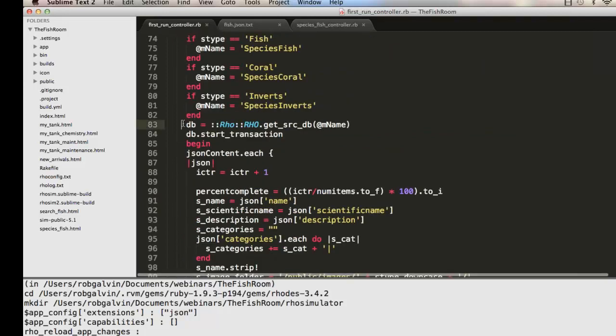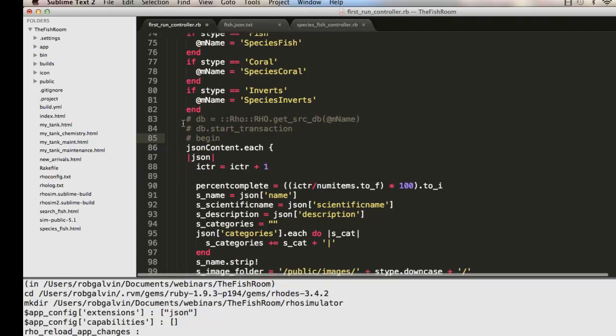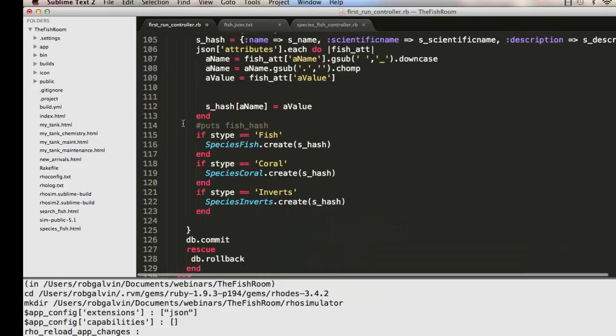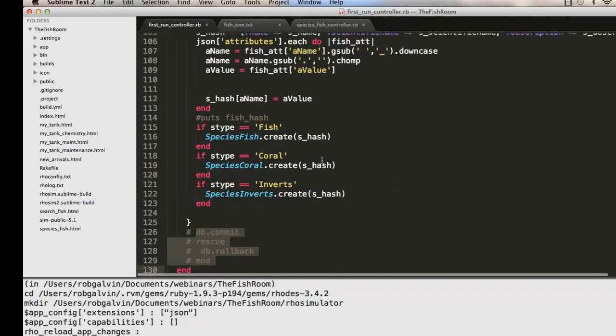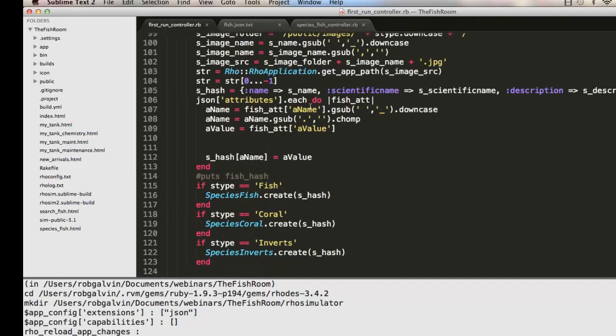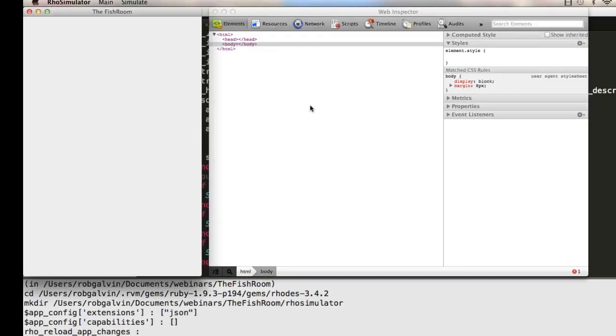I'm going to comment out this transaction, and we'll just comment these out as well. All right, so now I'm kind of doing it the bad way, and let's see how long it takes. So we'll kick off the build, and immediately I can tell something is not running so great, right? The UI is blocked, and it looks like it's hung, but I'm just going to let it sit here for